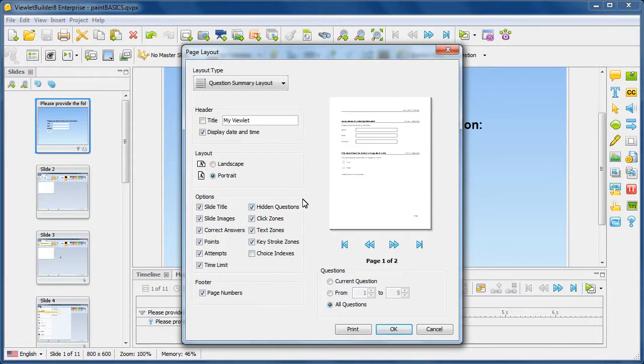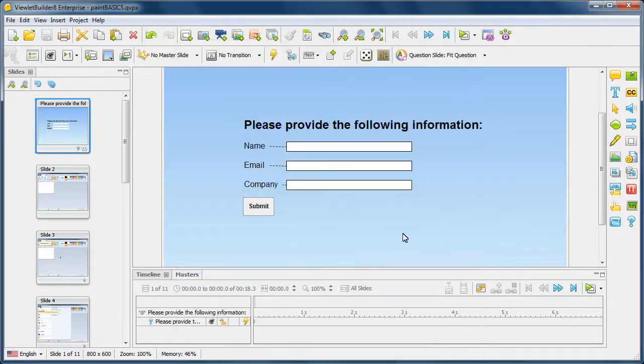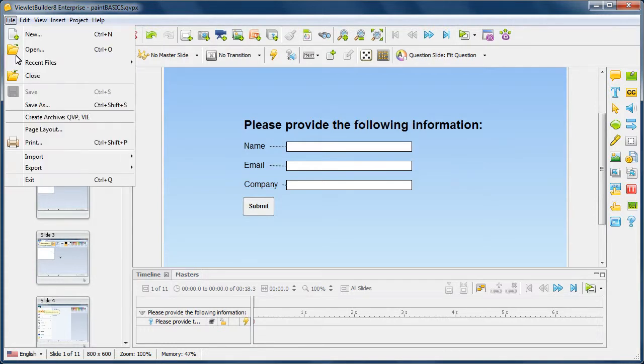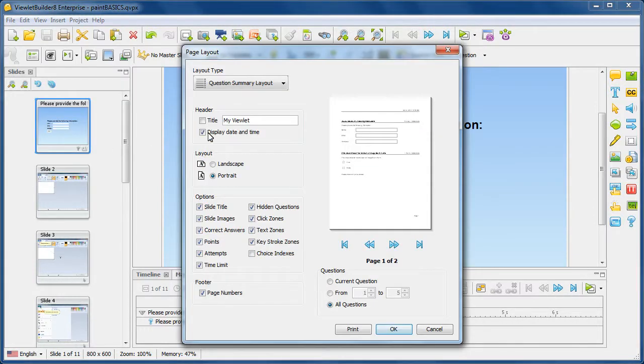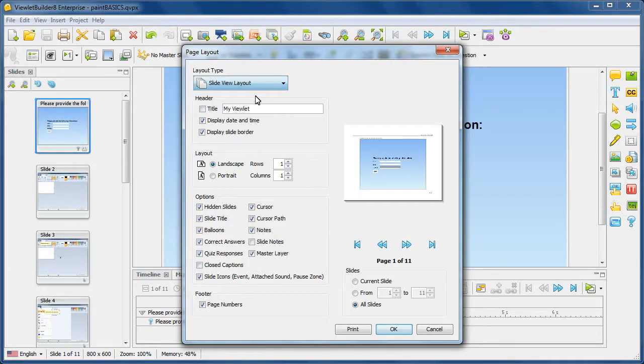Once you set that and other options, you can either leave these as the default and click OK, and then the next time you go ahead and want to print directly to your printer, you simply click your print icon and it will use those default settings. Or you can go into File, Page Layout, choose the layout type that you want to use, and then select additional options. For example, to access all of the slides within the project to print, we would choose the slide